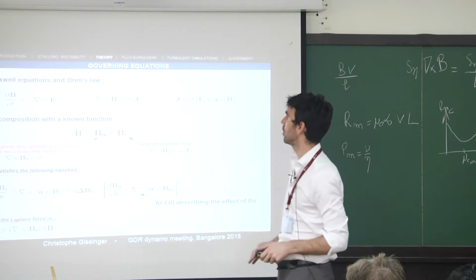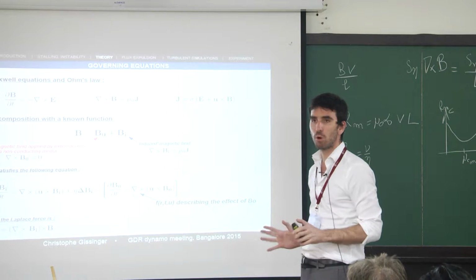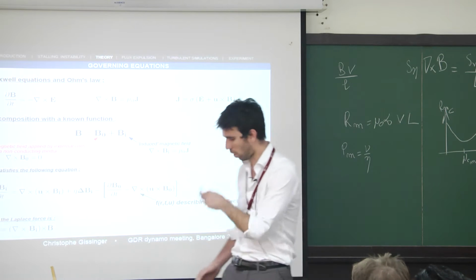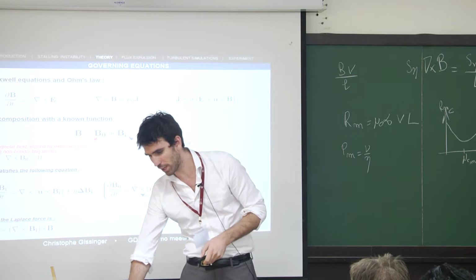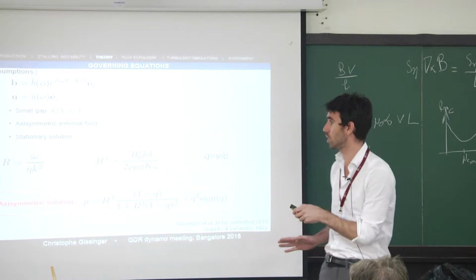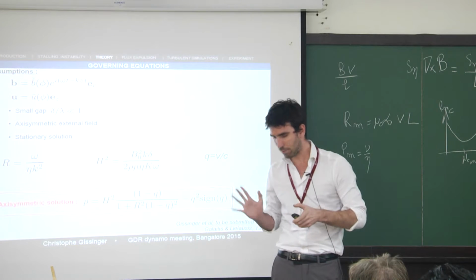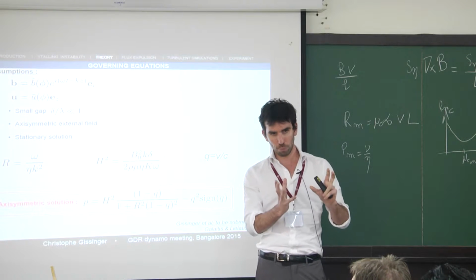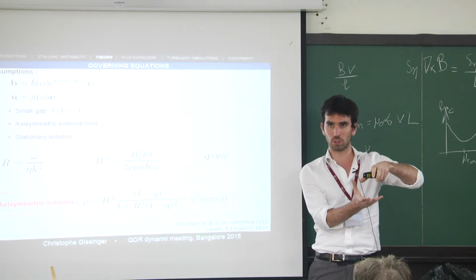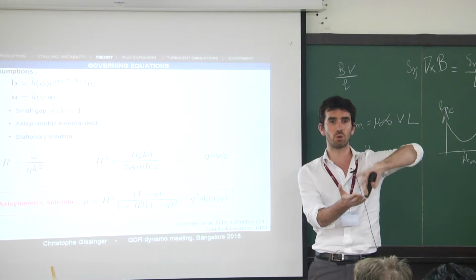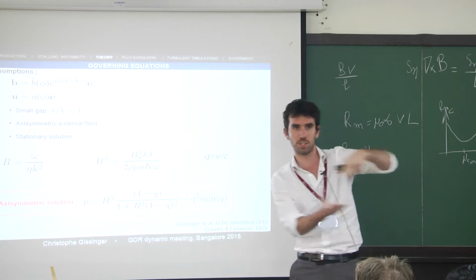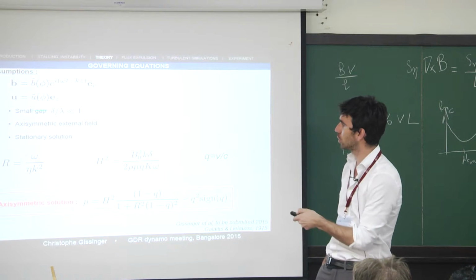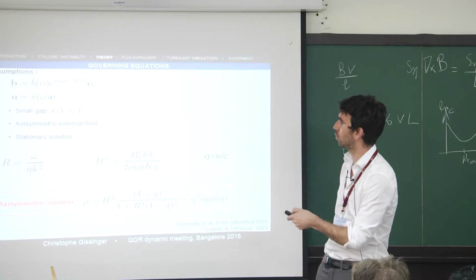So how can we understand that? There is a simple way to capture the essential physics here. I will not go through all the details of the model, I will just try to summarize what we're doing. To have a nice expression of the force acting on the system, we suppose that the velocity is constant, with no dependence in the radial direction. It's just like a solid block velocity. We suppose that. There are other assumptions: a small gap,